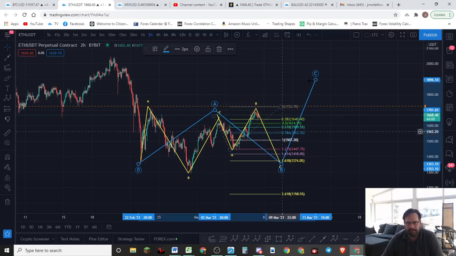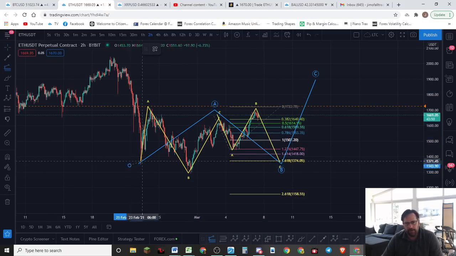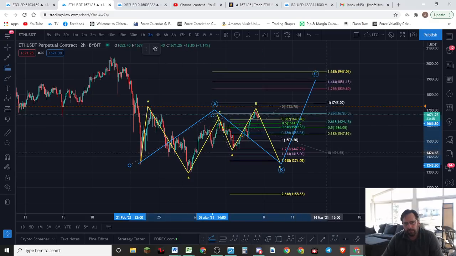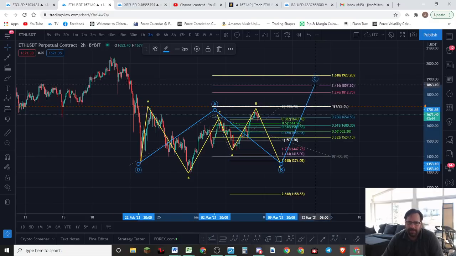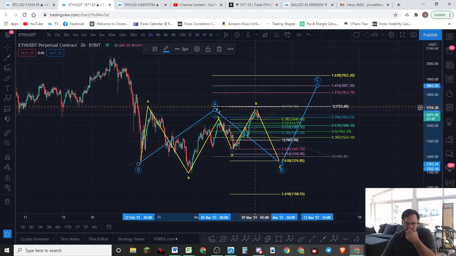Now, how far is that going to go? I can't tell you until we really get this wave down. We need to finish this wave and then get this wave down, and then this one started before I can give you a really good target. But I can give you a preliminary target right now, at least looking for a possibility somewhere back up to our $1,800 region, guys. Somewhere back in that range.